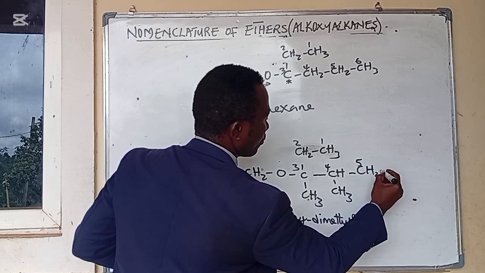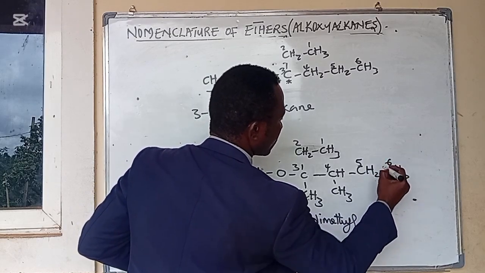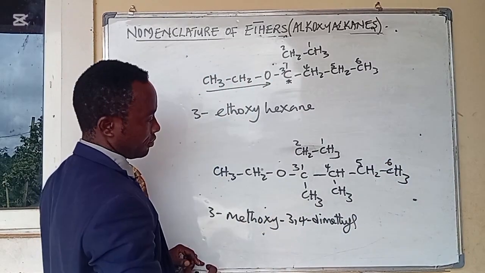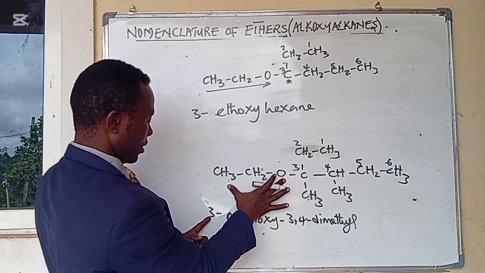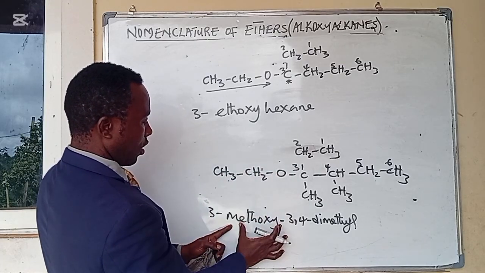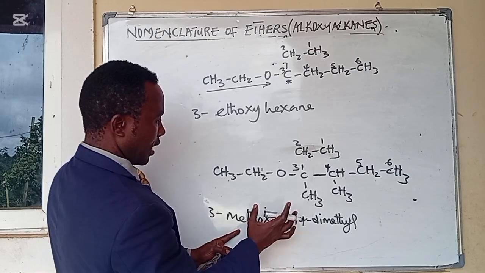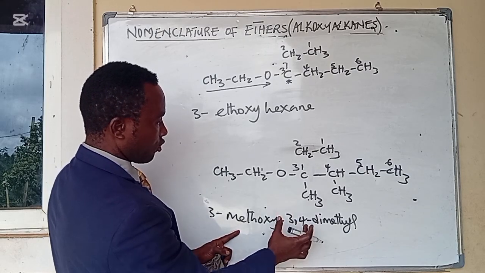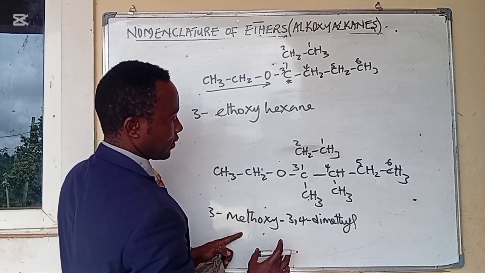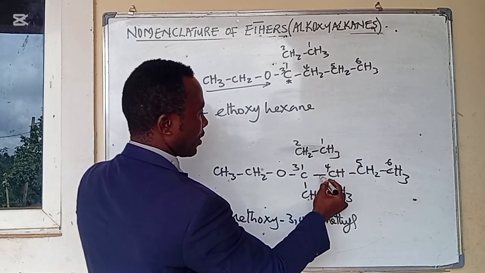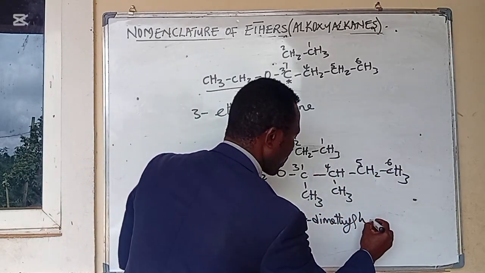Remember, we are taking from here. So that is 3-ethoxy. Then the substituents are 3 and 4. That is 3,4-dimethyl. Then the entire longest chain is 6, which is